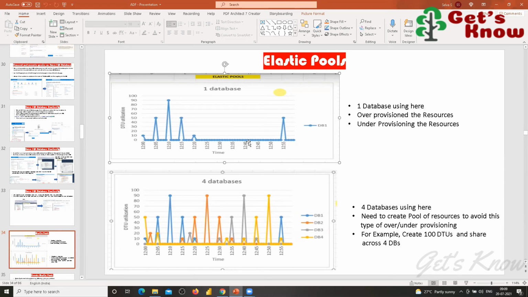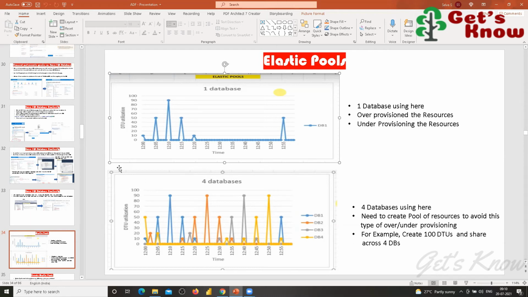My one database actually uses DTU for processing. The DTU is used whenever you are transferring data in the databases; that time only the DTU performs, right? If it is idle, then the DTU has no use, right? There is no activation in the DTU. The DTU performs when you are doing some transaction.